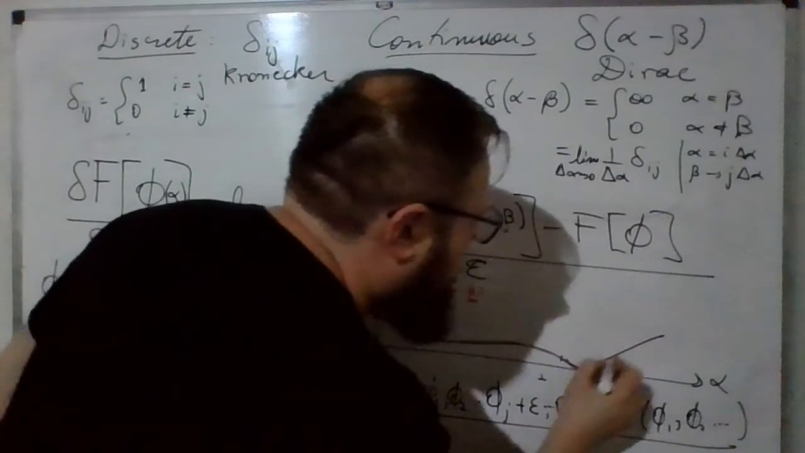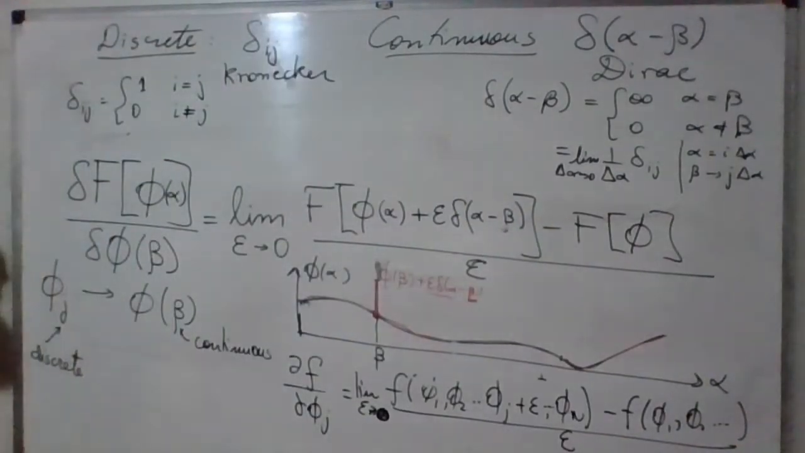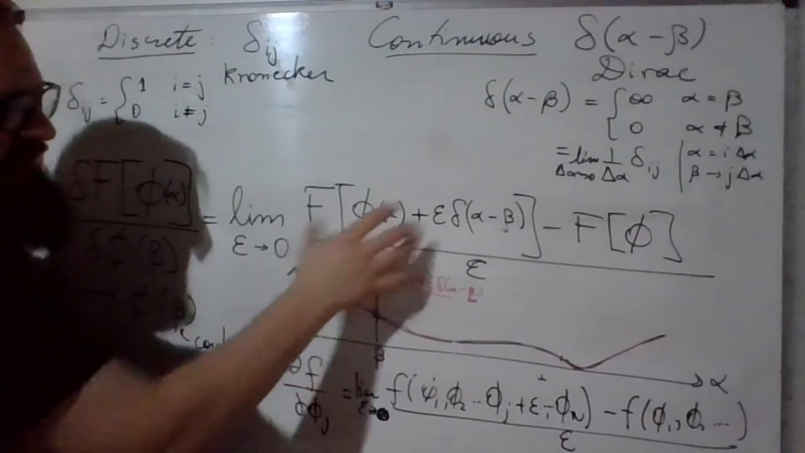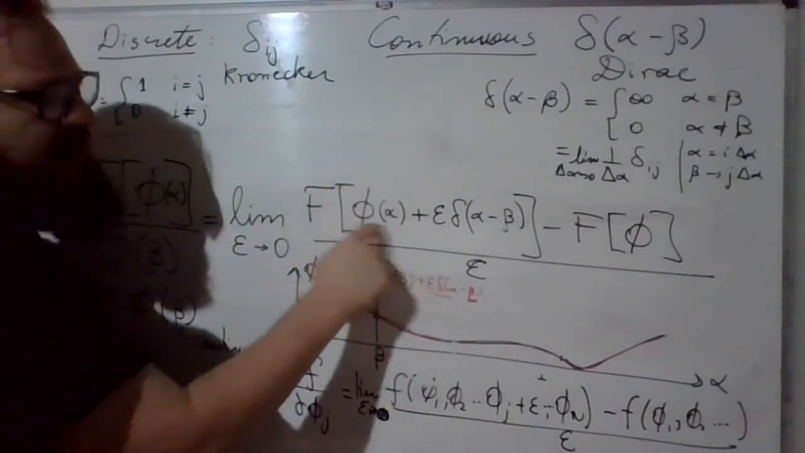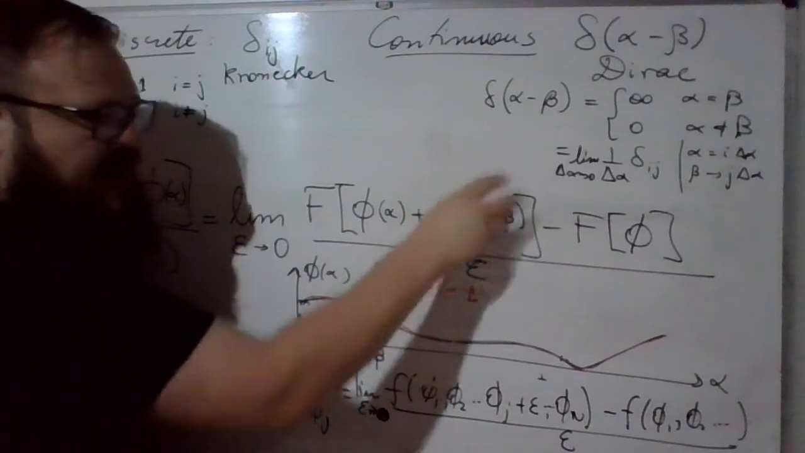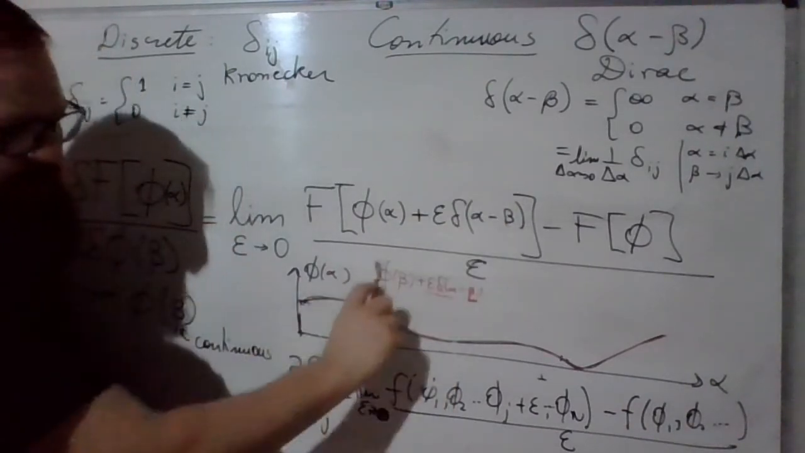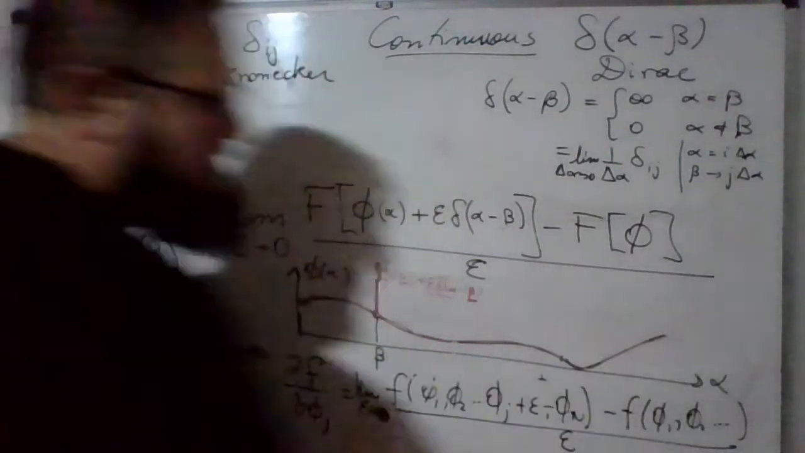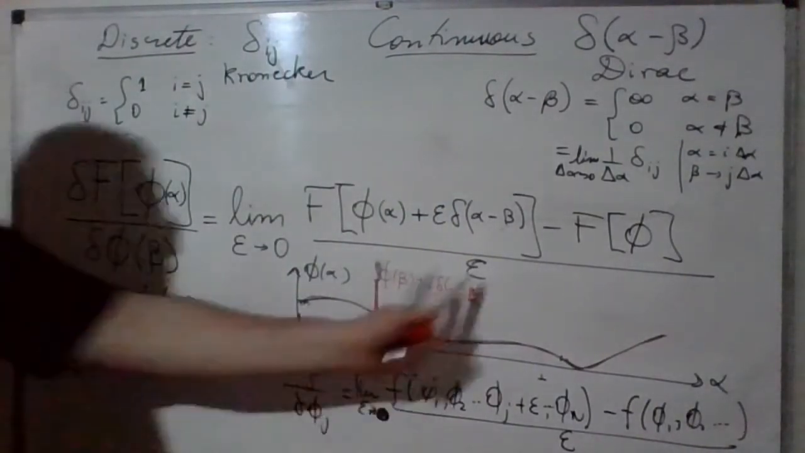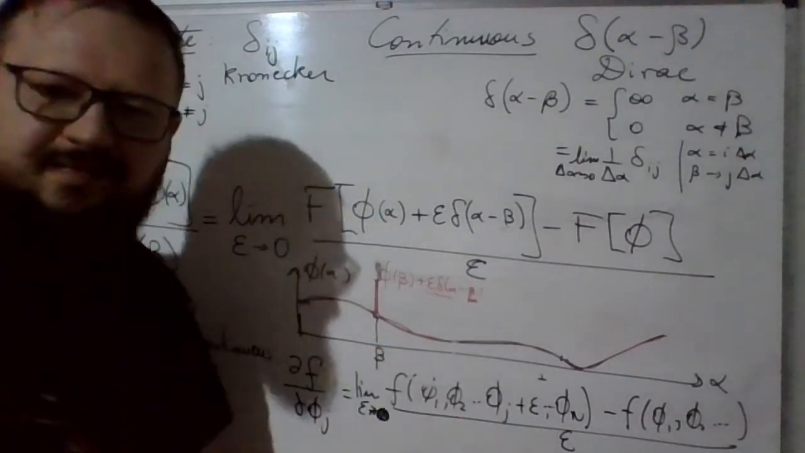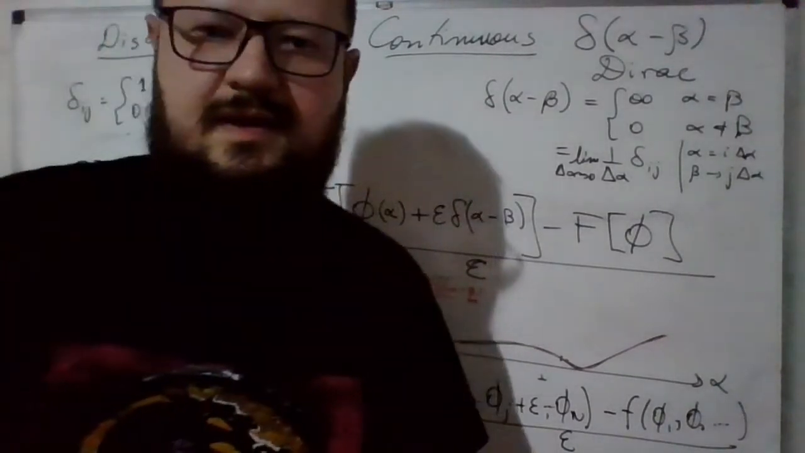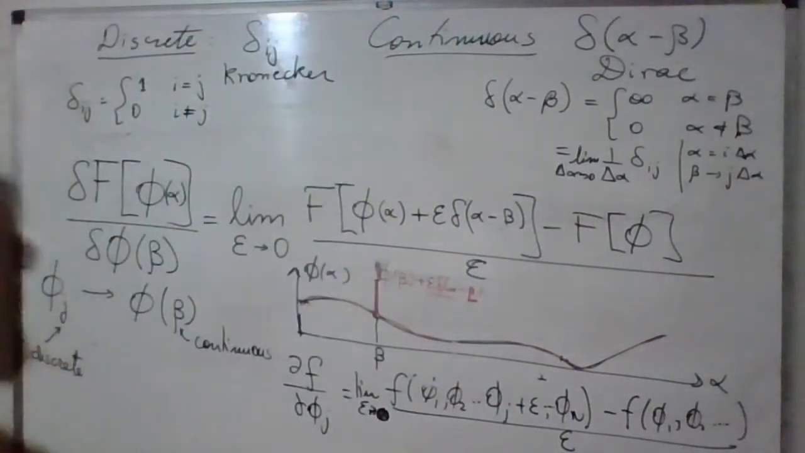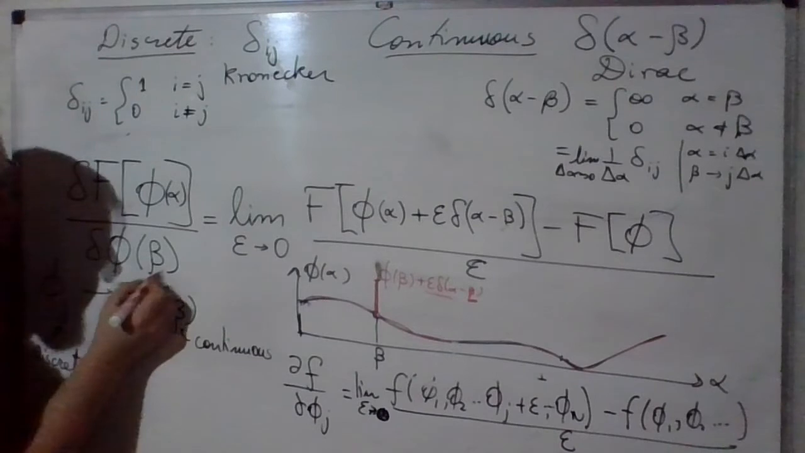and otherwise it is the same function, and I need to calculate the functional of the original phi of alpha plus this change exactly at beta, which is this change here, minus the original function. And of course, take the limit, epsilon going to 0. Okay? This is the same as a partial derivative, but in the case where now beta